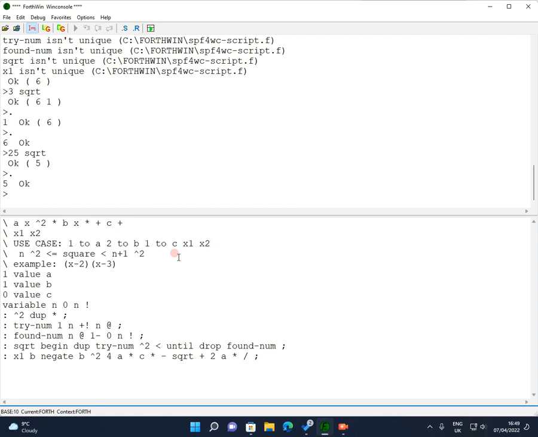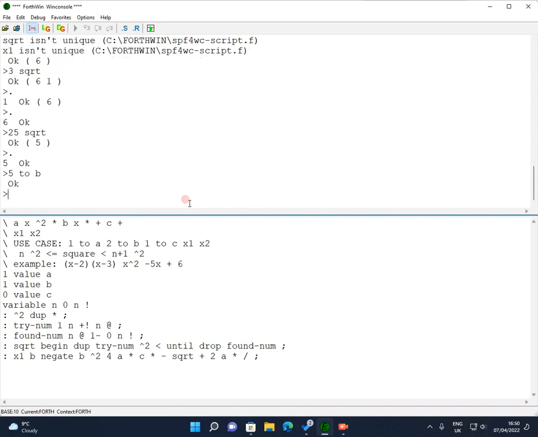Say it's x minus 2 and x minus 3. What would you actually get? We get x squared minus 5x plus 6. So based on that, we know that b is 5 to b, and c is 6 to c,